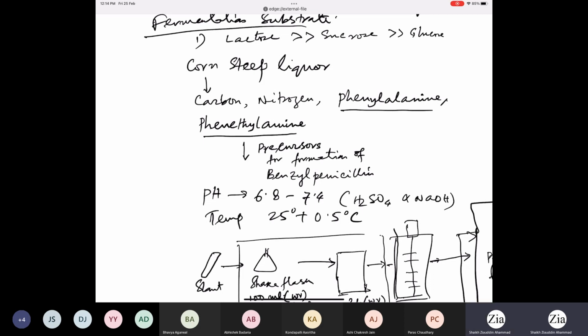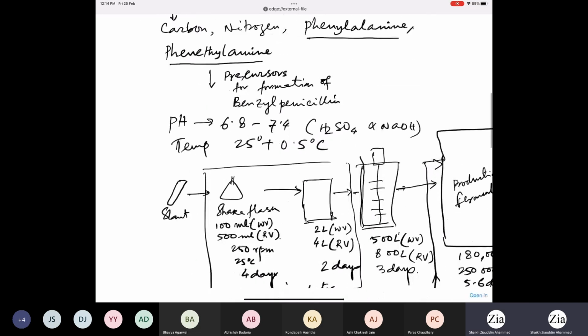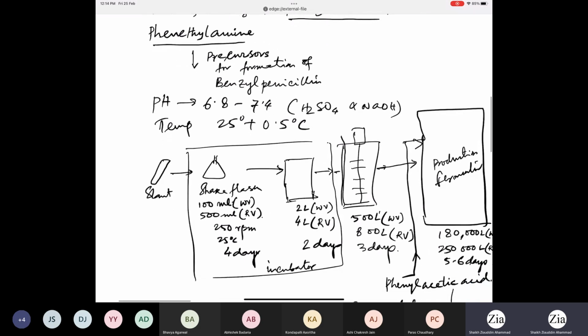So that phenylacetic acid will provide the benzene ring. So then it will help production of penicillin G. So at the end of the operation, you will get penicillin G. So when you see the production process, it also has a substantial number of